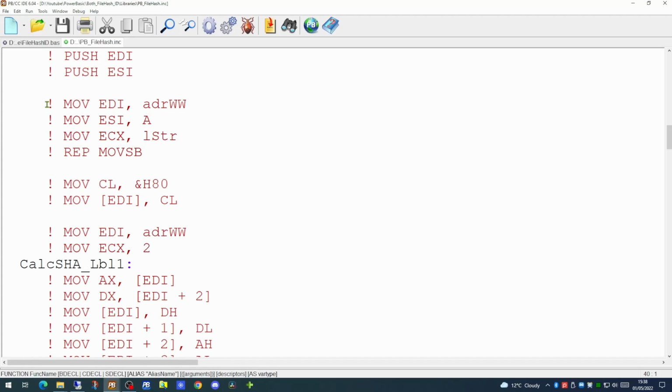Any code line starting with an exclamation mark is effectively you keying in an assembler operand. It's probably fairly rare that you would actually need to step down and use assembler, but it's good to know that the facility is always there should it be needed. In this case, assembler is used in order to calculate the hash as fast as humanly possible.